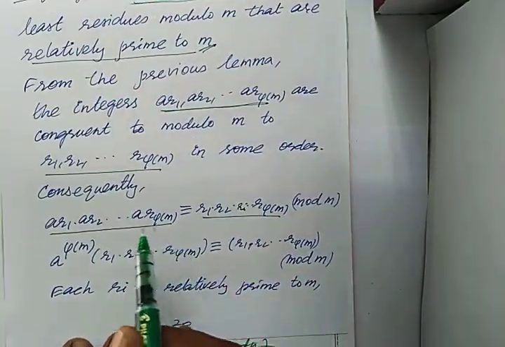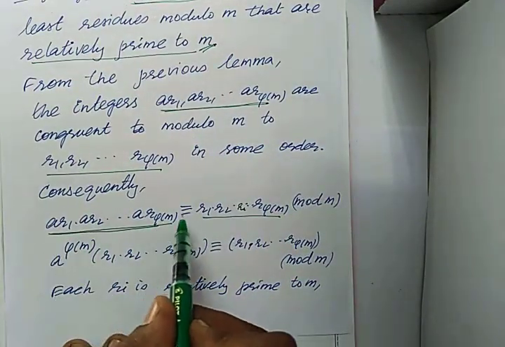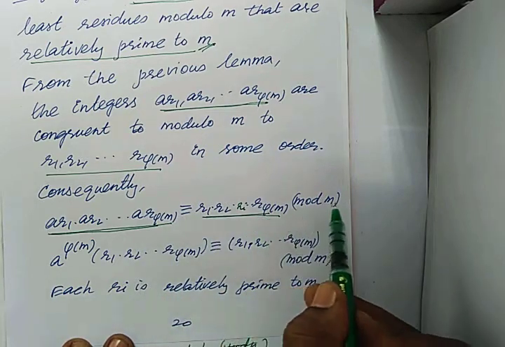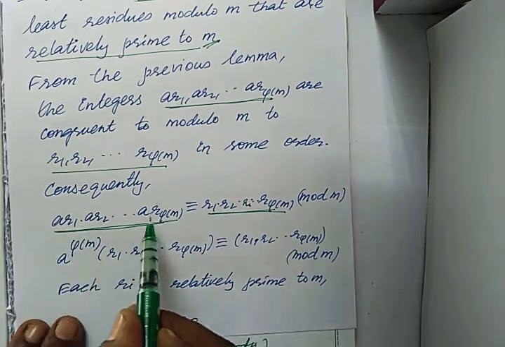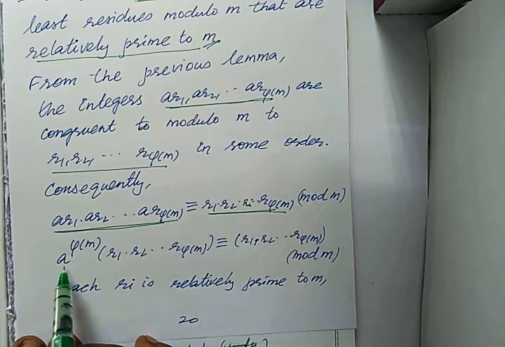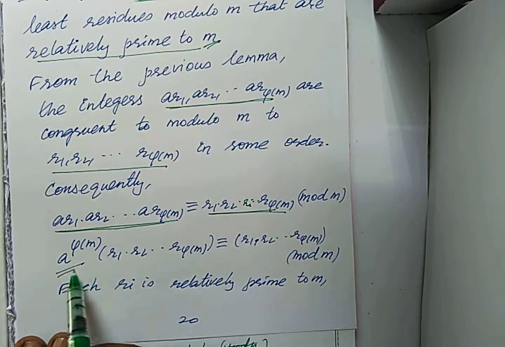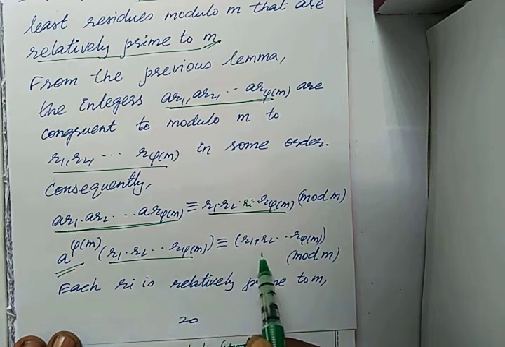So we are getting this line. This product is congruent to this product mod m. But here we can take all the a's, correct? All the a's. There are how many a's? Phi of m a's. So a to the power phi of m into this product is congruent to this product